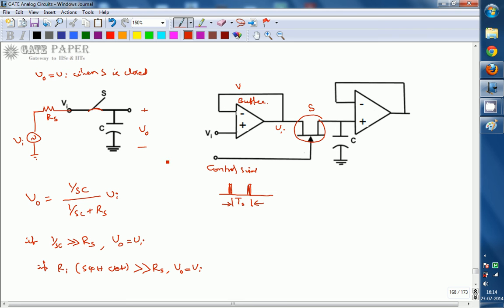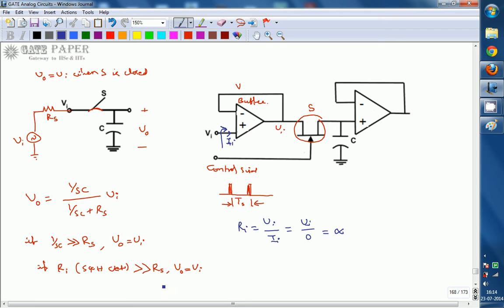If you check the effective input impedance of this buffer, the effective input impedance seen by this Vi, that is the circuit input impedance, can be seen by writing this. Vi is the input signal and Ii is going to be the current, let us assume. So Ri, the effective input impedance, can be written as Vi divided by Ii, and we know that no current will flow through the op amp input terminals because of very high input impedance. So Vi divided by 0 implies nothing but infinite.